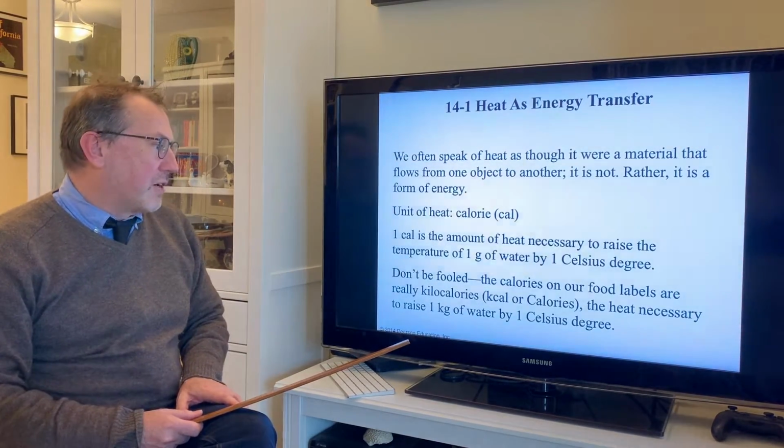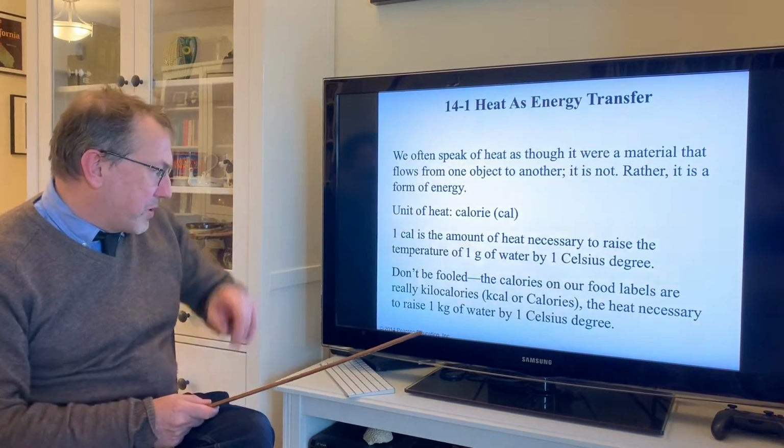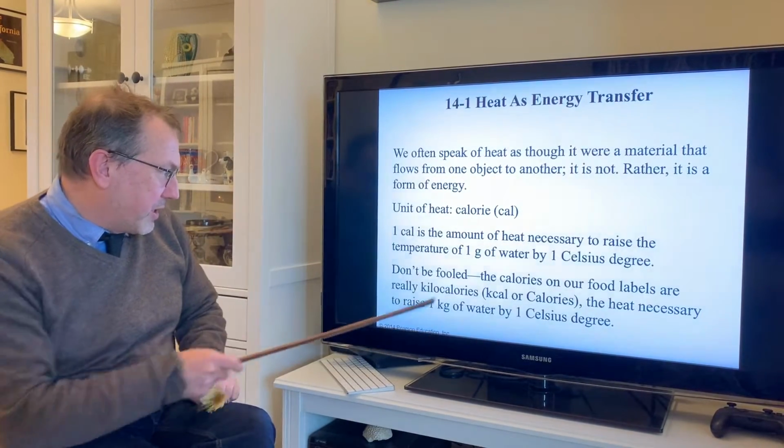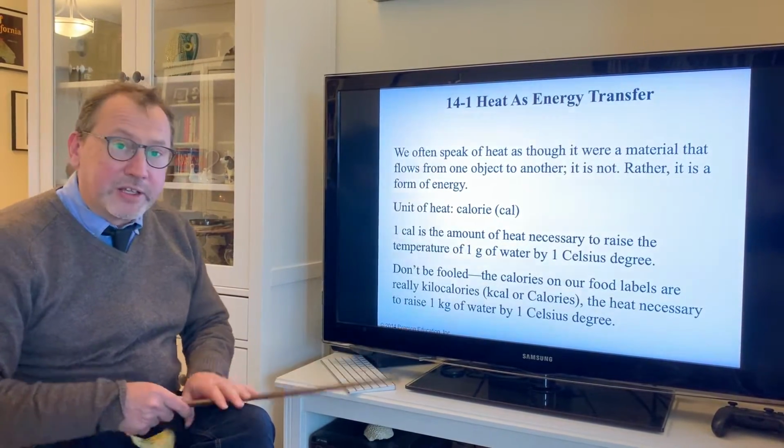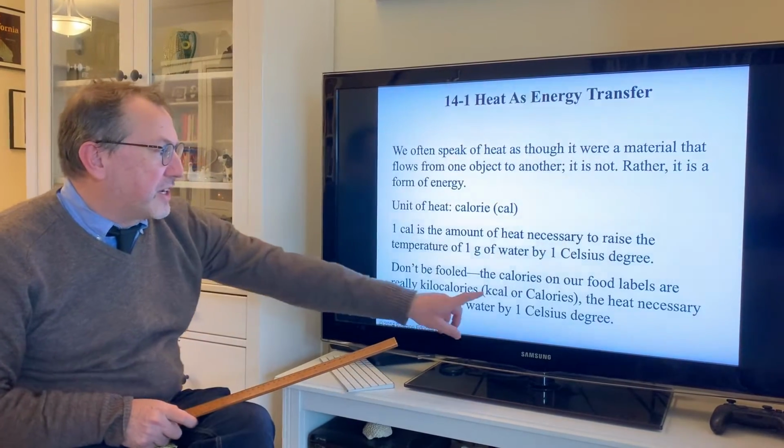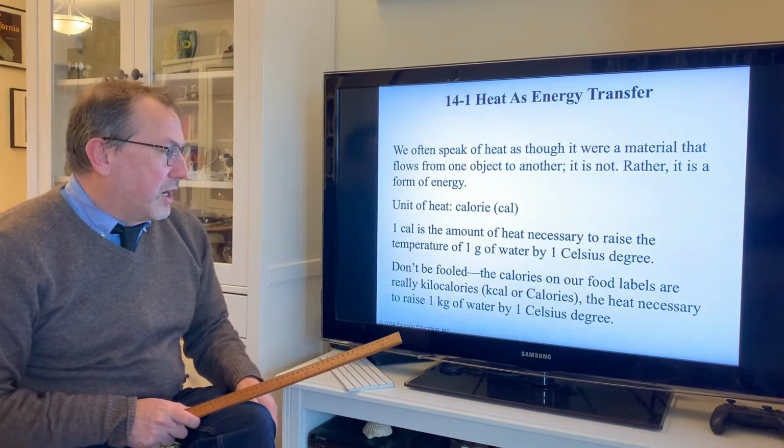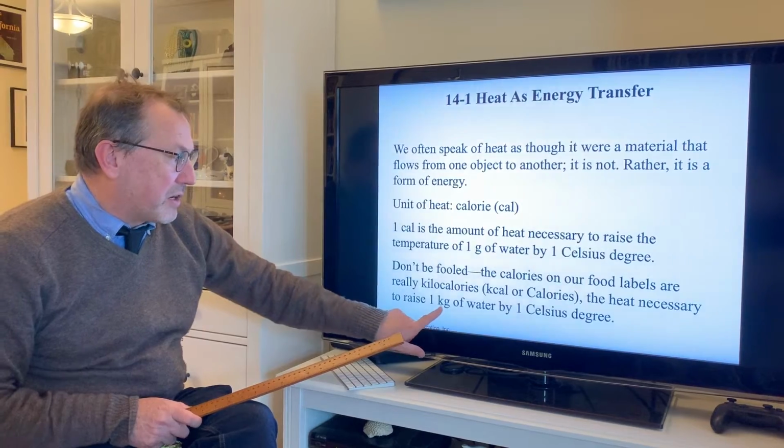A food calorie, which is spelt with a big C, I don't know if they've got it here, but if you have a food calorie, you'd write it with a big C. It's actually a kilocalorie. So a food calorie would heat 1 kilogram of water